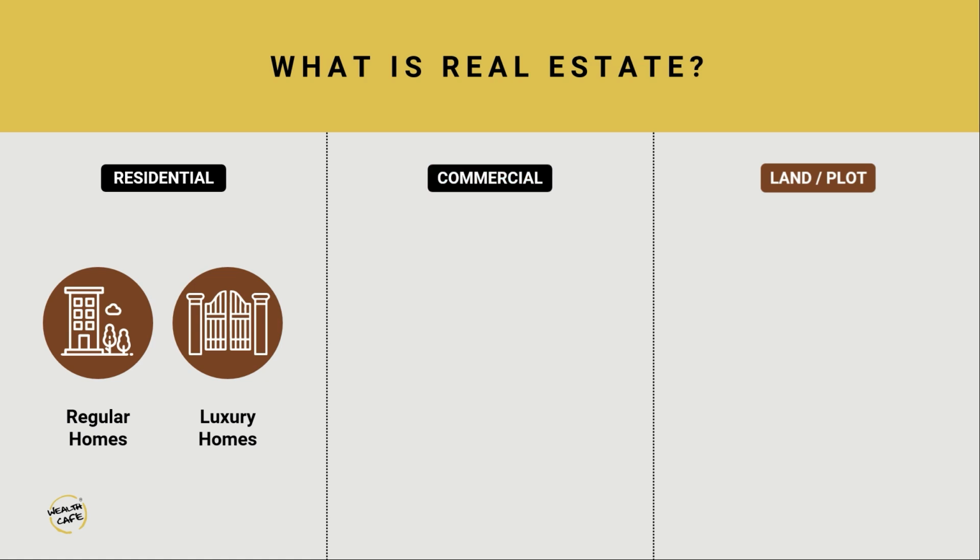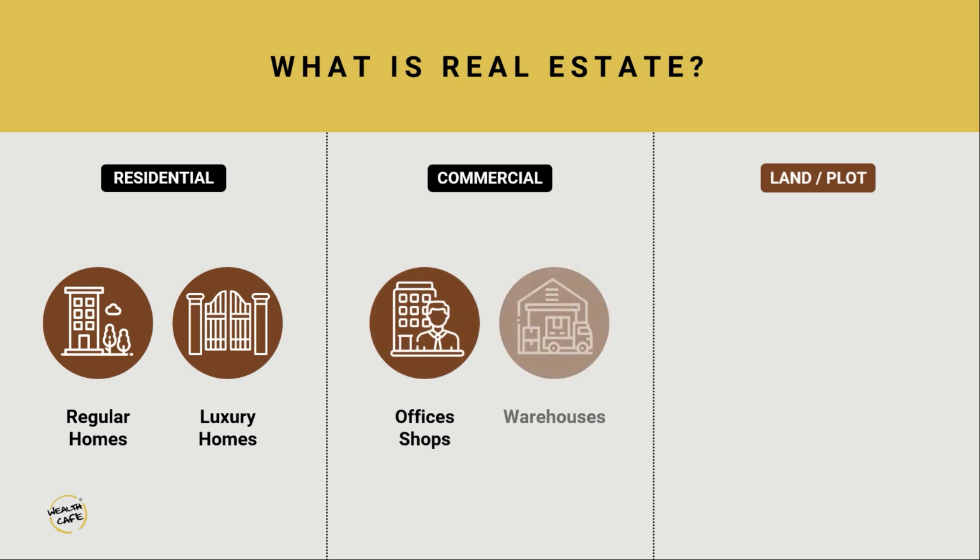If you think of investing in a commercial property, you can decide to go and buy an office in a multi-story building, or you can buy a shop which is part of a residential property or part of a shopping complex which can give you regular returns in the form of rent. The second alternative when looking at a commercial property is buying a warehouse which can be lent out to some of the larger companies and it gives you a periodic rent.